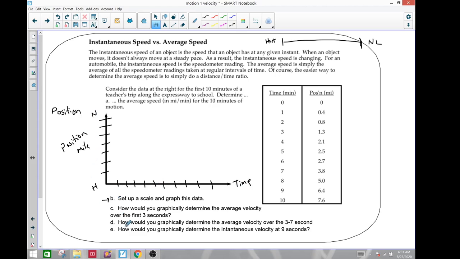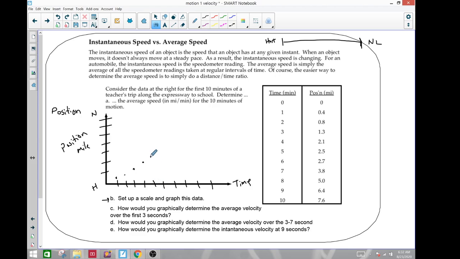That's our frame of reference. So time, first one is like 0.4. Second, it'd be something like here, 0.8, 1.3, all right, 2.1, so the fifth one is